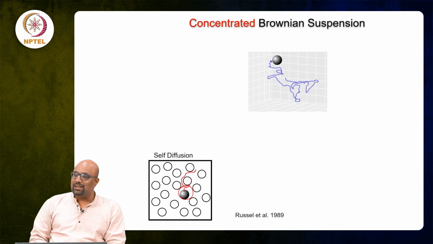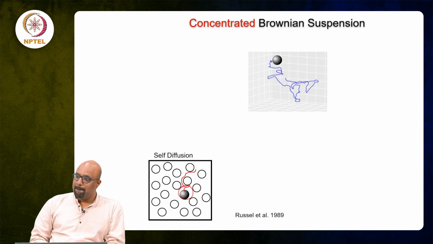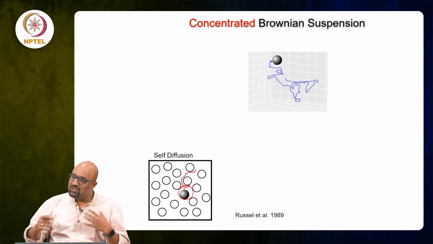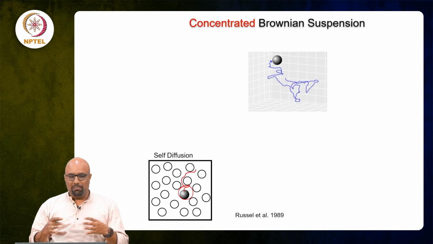So, what do you think is going to happen to its diffusion? Would its diffusivity increase, or should it decrease? Just before you think of anything further, how do you think of what its diffusivity is going to be? Should it diffuse more or should it diffuse less? It should diffuse less, right? Because it is surrounded, so there is a constraint. You are not able to freely diffuse. You are surrounded by many other particles, so you are kind of trapped,